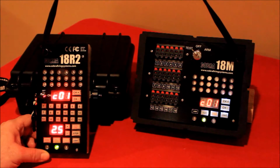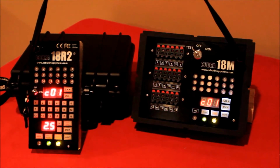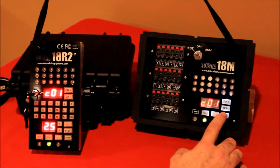So that's the daytime mode and how you change it on the remote. Now, as far as the field module, it works with the same principle. As far as changing the setting, as you can see, we're in nighttime mode, and to switch that, you use the light button that's on the lower right on the field module,